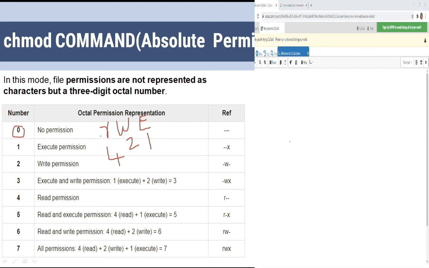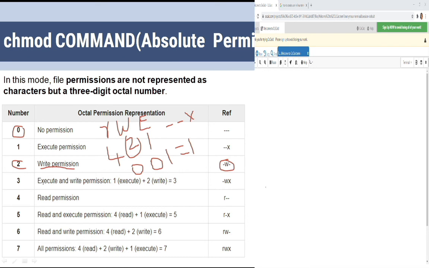Next, if I just want to give the execute permission, in the symbolic form how we are going to give that? See here, dash, dash, and the x was there, right? So only in the x you are giving the permission. The same thing we will represent in binary format: 0 because I don't want to give the read permission, 0 because I don't want to give the write permission, just I want to give the executable permission. So 001 means how much in the octal number? That is 1. So see here, dash dash x is there. The same for the write permission: the value for write is 2, so you just have to give the value 2.